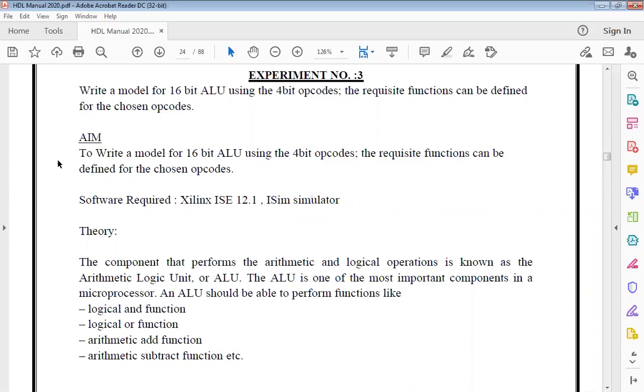So the best way to implement this, is it going to be the data flow model, or the behavioral model, or the structural model? Which do you think will be better for implementing ALU? Structural model will be a little more complicated, and data flow also can be used.